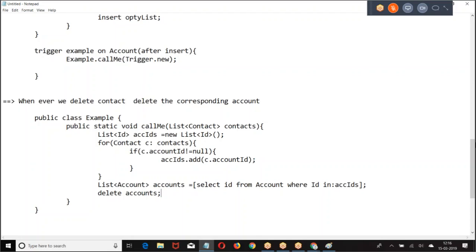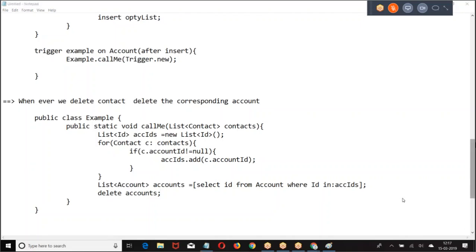So I have given some use cases in the Excel sheet. You are supposed to implement them. Please implement the use cases which are given, then only you get hands-on experience. I'm repeatedly saying it: do implement the exercises given in the Excel sheet, otherwise you will not get hands-on. I'll post 20 more triggers on the Facebook community by end of tomorrow. You start implementing those also. So that's all from my end.